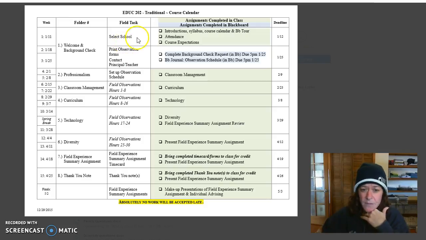So the first week, I just want you to decide what school you want to observe at. And then the next 2 weeks, you're going to print out the forms, get a meeting with the principal, and kind of get things set up. You can always do this earlier or quicker. If you can have it set up in the first week of classes and you want to start observing the second week, more power to you. It's just going to make it easier if you can spread out your time.